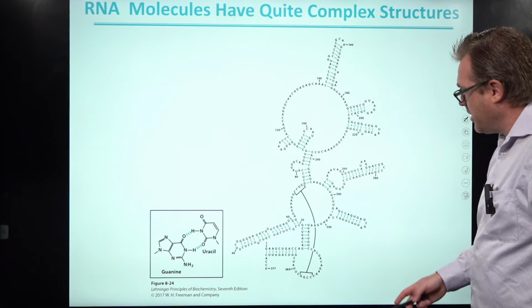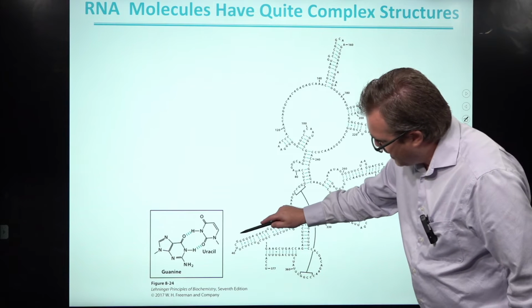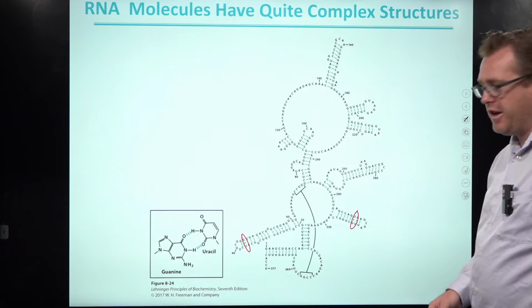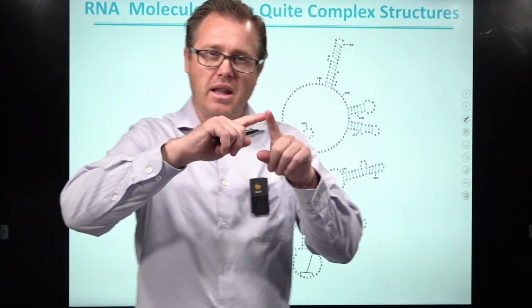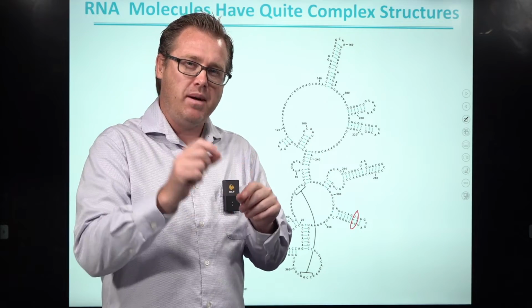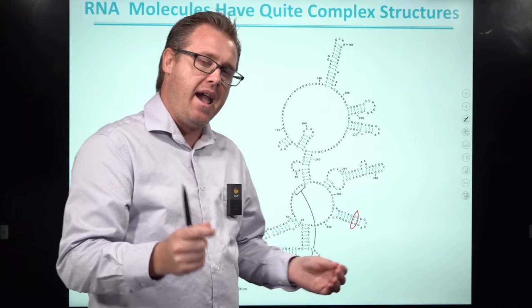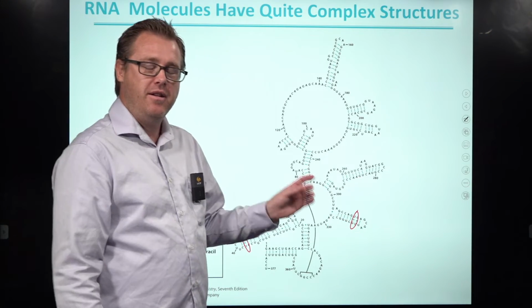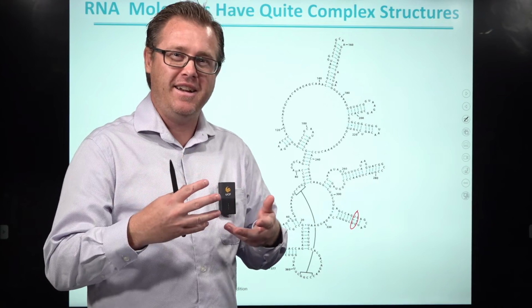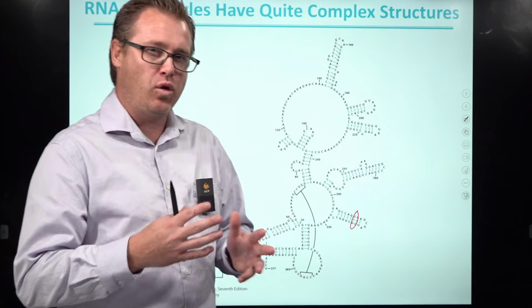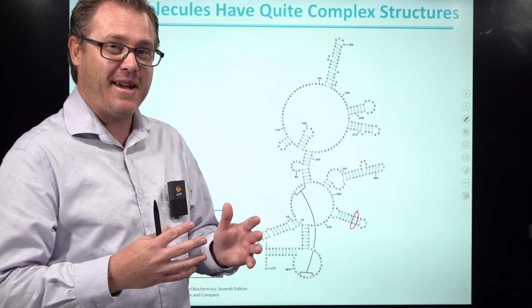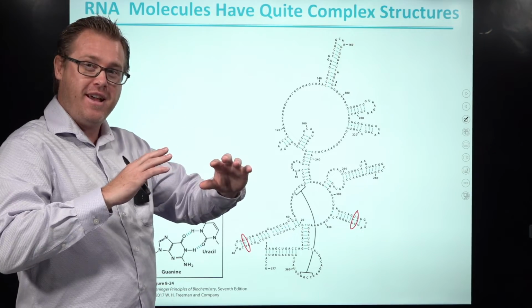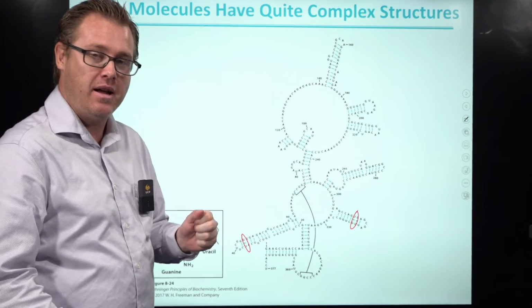But then in this molecule here, you can see, hey, G pairs with U. There's another G and U. And you can see in the graphic, it's not a line indicating a base pair, but a dot. And what's going on here is that G and U are still hydrogen bonding, just not in the Watson and Crick way. Okay, so these nitrogenous bases are going to turn and rotate in such a way as to hydrogen bond